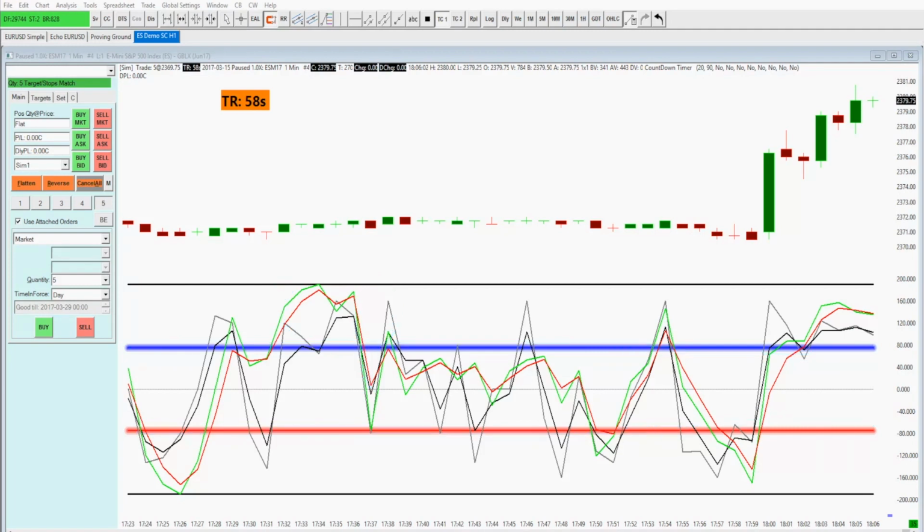So the signal we're going to look for is when they both agree, when both the major and minor agree. And what that looks like is a double cross. So green below red, gray below black, when they're above the blue line, pointed down. And if they remain that way for the duration of that minute, then we're going to go ahead and short the market. Same thing when we reside below the red line. When they cross up and remain that way for the duration of that minute, we're going to go ahead and go long in the market and take a buy trade. So we're going to wait for that setup and see if we can knock down a couple of trades